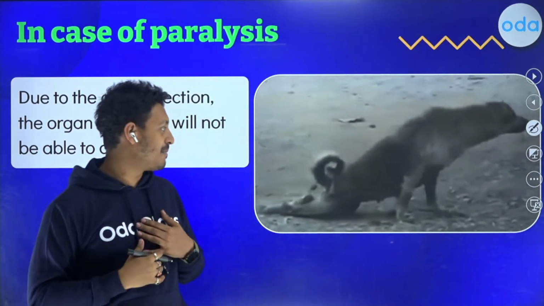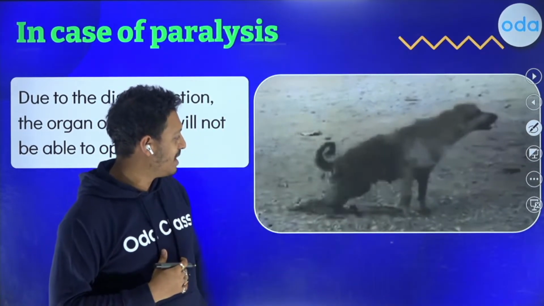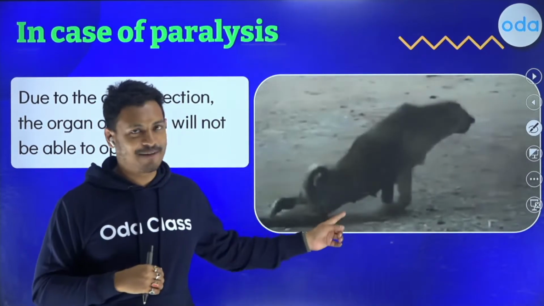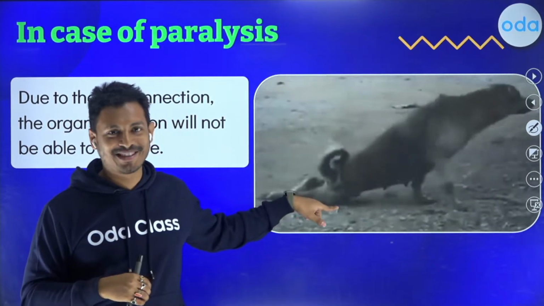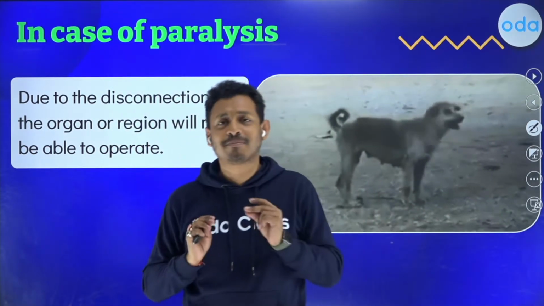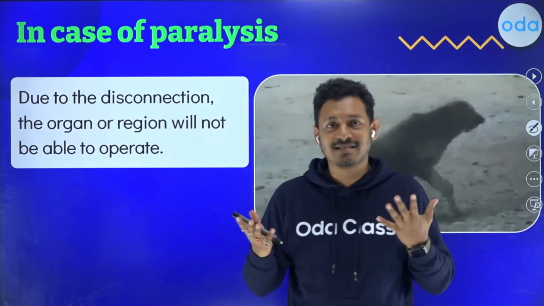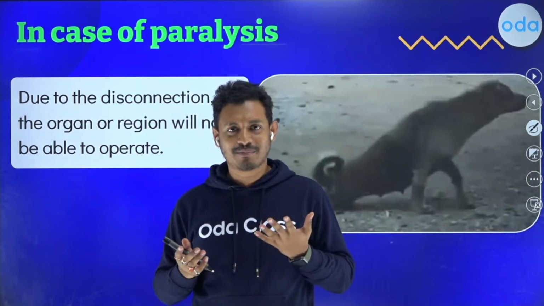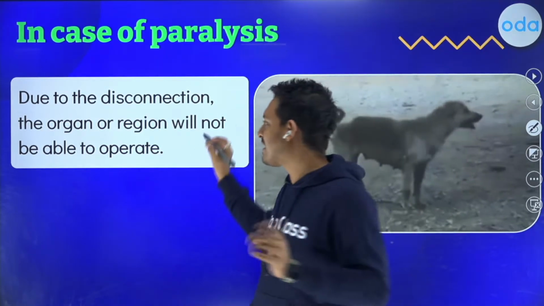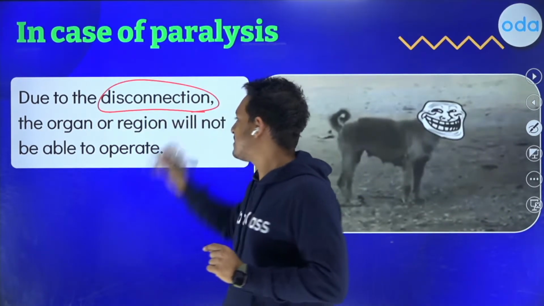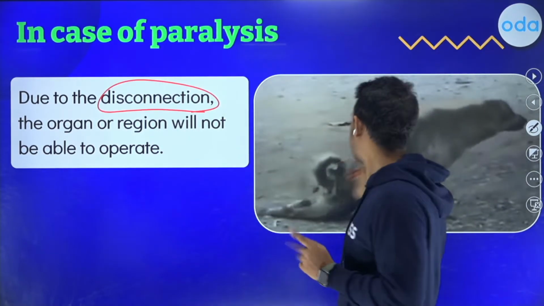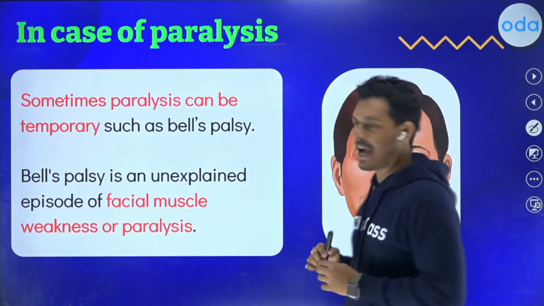Now, paralysis doesn't get cured, by the way. As you can see, this dog is limping, and then suddenly he just stands up and he's like, oh, boss life. But it doesn't happen that way. The beginning part that you see with this dog, that is how paralysis feels. There have been very rare cases where the person suddenly regains their ability to use the organ, but it's very rare. Most of the time, you will completely be disconnected from the central nervous system, and whichever organ is disconnected, it won't be able to do any kind of voluntary action.